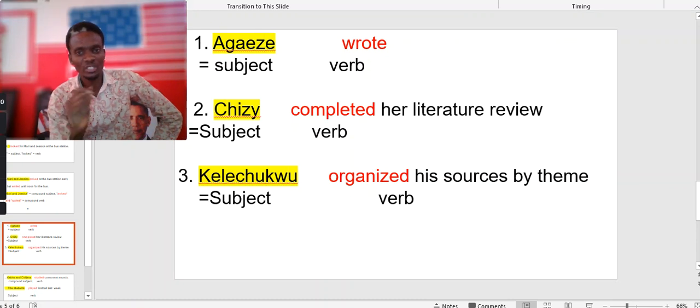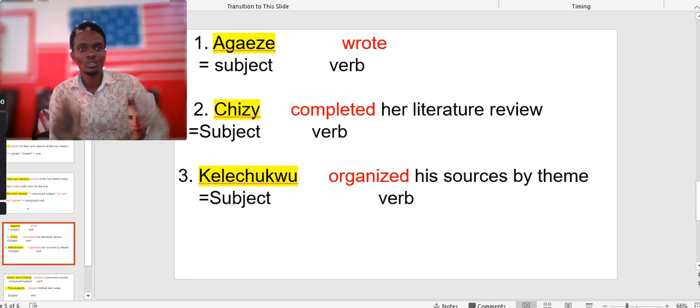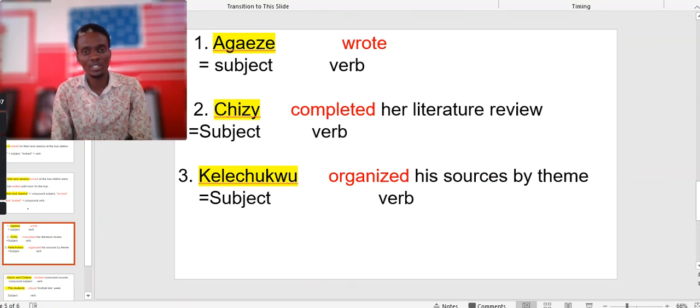Chizzy completed her literature review. Subject: Chizzy, because she's the person that performed the action. So Chizzy is the subject, while the verb is completed. Kelechi organized his sources by theme. Subject: Kelechi, he is the one who organized his sources by theme. So organized is your verb in this sentence. And the next one is